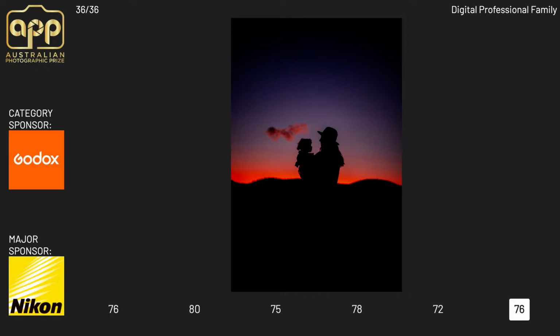I feel that there's a little bit too much empty space at the bottom, and it looks like you've got this amazing background behind you. So even if it was a wider shot, which could add to a story about these two being everything to each other, there's lots that could be done if it was a wider crop. All right, thank you. Excellent feedback. And that, judges, was our last image of this category.